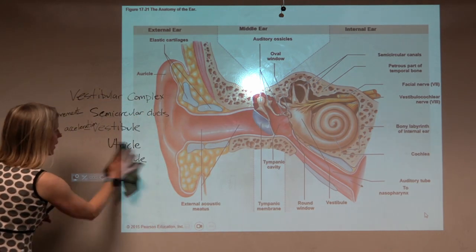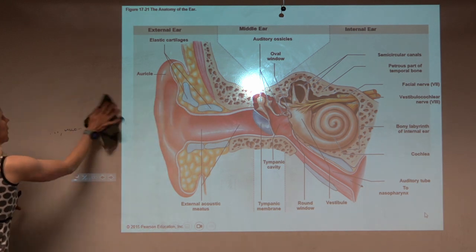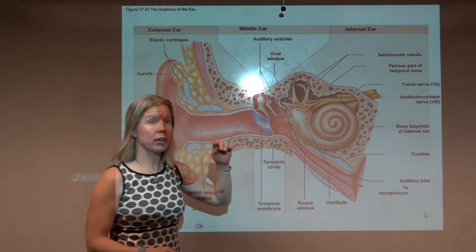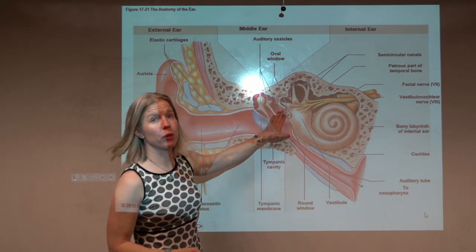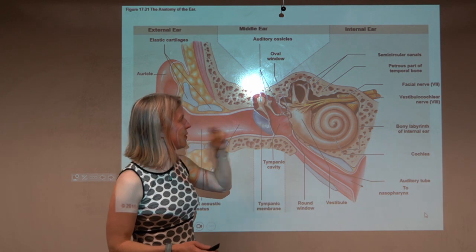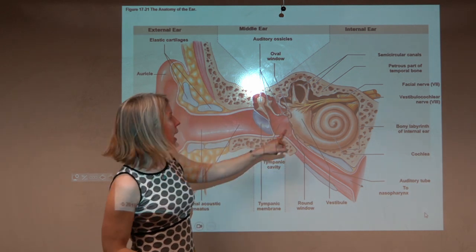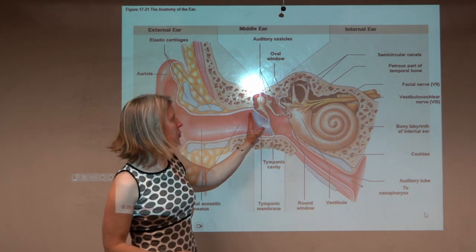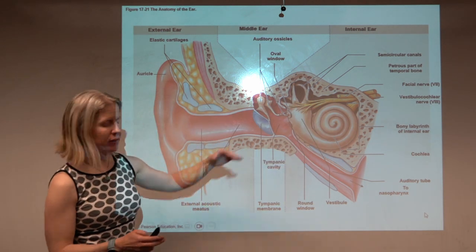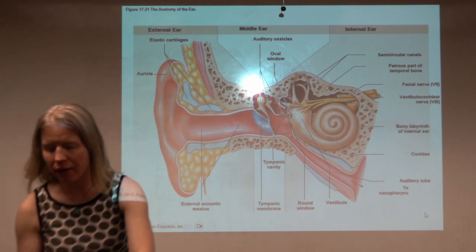Okay, so that is equilibrium. Now let's take a minute for hearing. So hearing, very, very close association here, right? So notice there's our semicircular canals and the vestibule. Ooh, and the vestibule actually ends up being part of both. So the way that hearing, or it kind of passes through there, I guess. So the way that hearing works